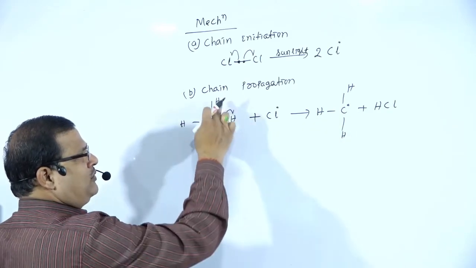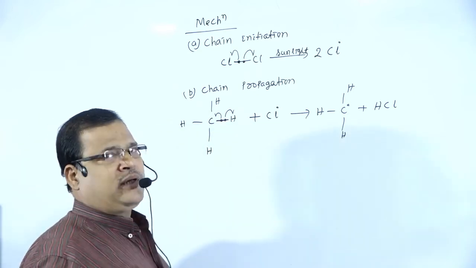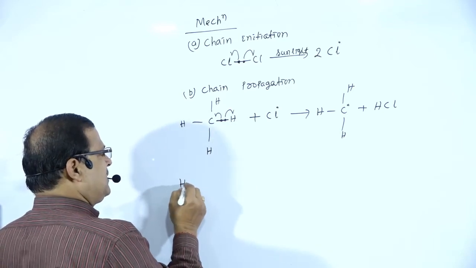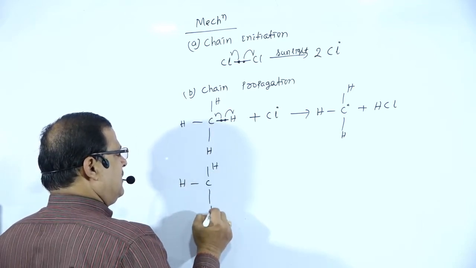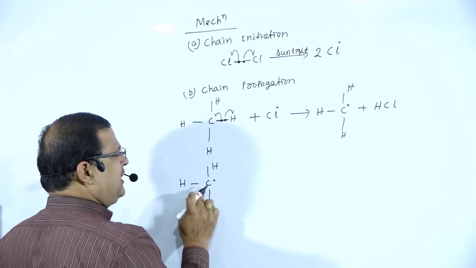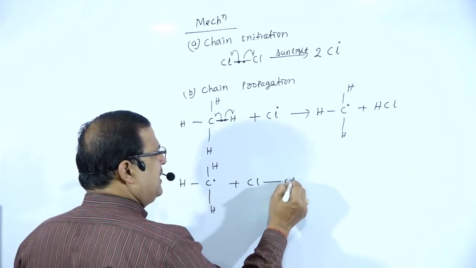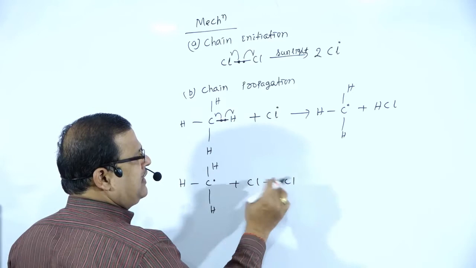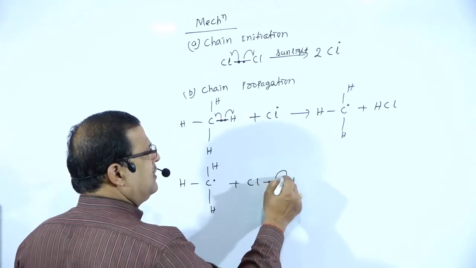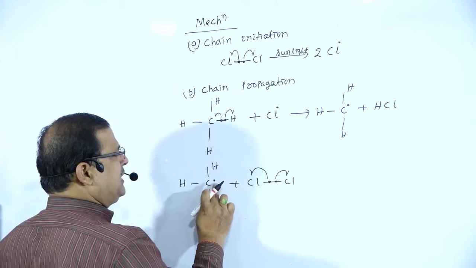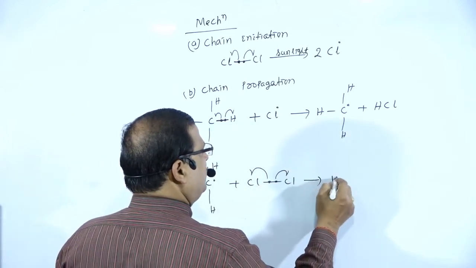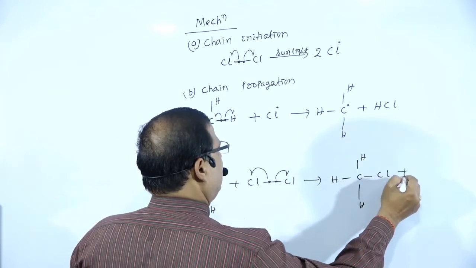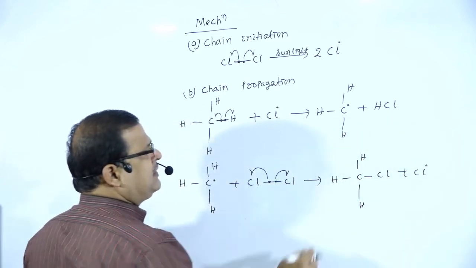This reaction will continue, chain propagation. This reaction will continue till the formation of CCl4. So we have to carry out that reaction. This H3C dot free radical will attack the chlorine, Cl bond Cl. Again there is homolytic cleavage, since the free radical results in the formation of another free radical. C dot and Cl dot combine to form CH3Cl plus Cl dot. Mark this one.